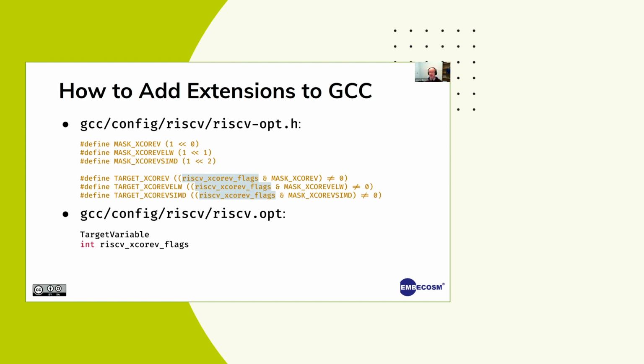Okay, and then we have a number of Boolean things to say, I've got my RISC-V flags and I masked them with these masks. Was that flag one of the ones that was set? So I'm going to define myself a set of macros to tell me if this particular flag was set. That thing, RISC-V XCORE-V flags, is a global variable that's going to carry the flags around, and you have to define those in RISC-V.opt. That's where you define all your target specific variables, and so it's not a C file. It looks a bit C-like, but we're going to define an integer variable to hold the list of all the flags. Maybe that should have been unsigned int because they're flags.